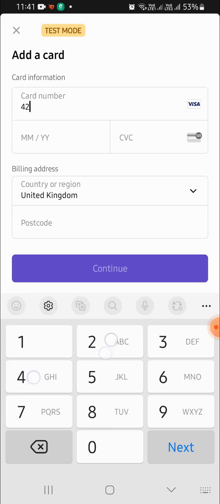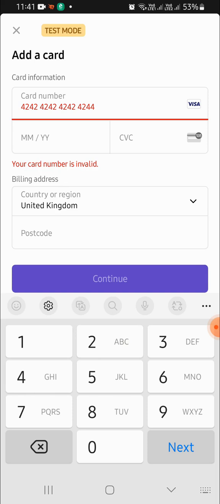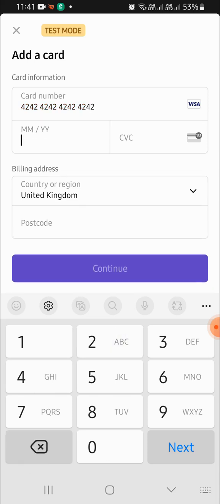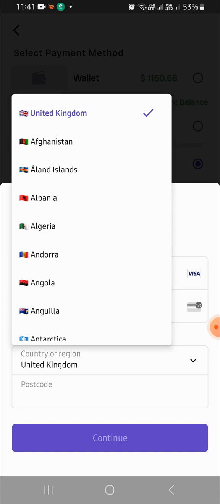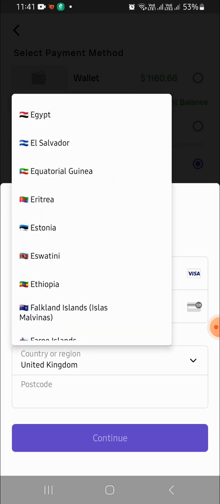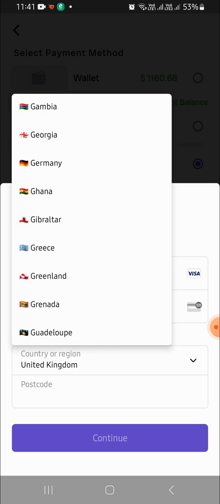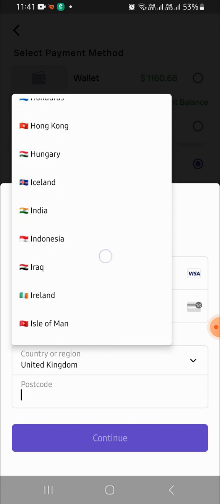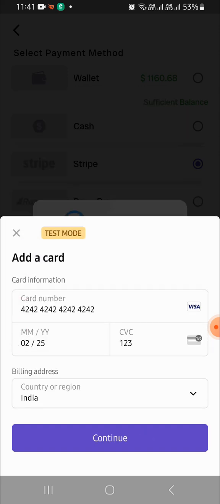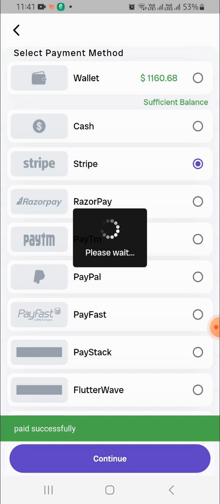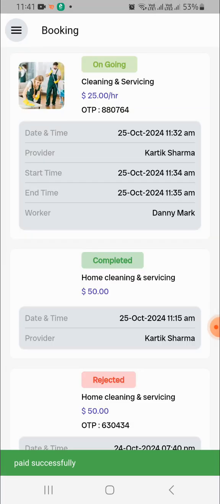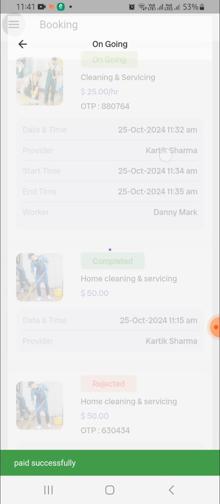Enter the card number. Click on continue. So the payment is done successfully.